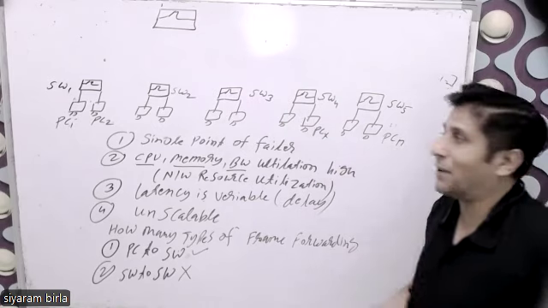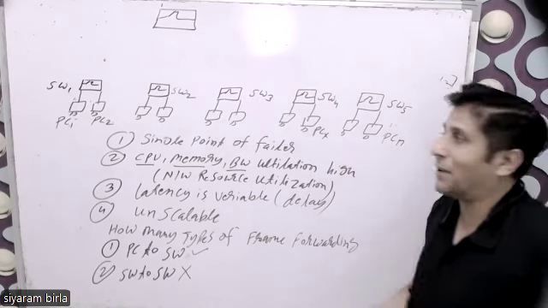All the switches I will connect to this switch. So my problem will be resolved. How many types of problems are resolved? CPU, memory, and bandwidth utilization will be high. This problem will be resolved. How will it resolve? Because, as compared to these switches, this switch has high horsepower.